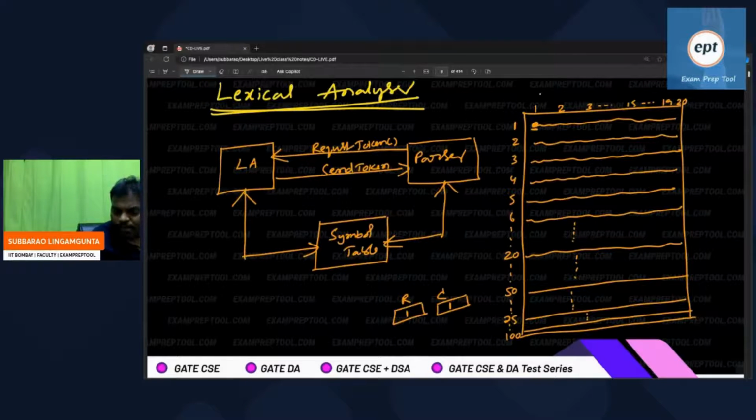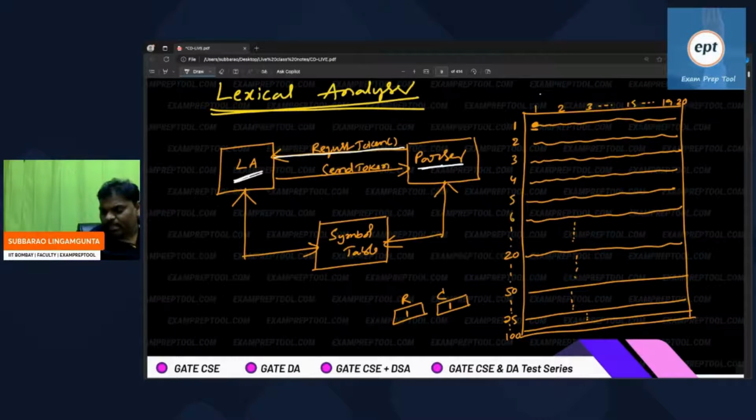People are thinking that the lexical analyzer will divide the given program into tokens. Everyone says that. That is true. But you don't divide tokens whenever you want. Whenever the parser wants a token, only then will you create a token. See this one. The parser is requesting the lexical analyzer. Hello, lexical analyzer, I got to know that you can make the tokens.